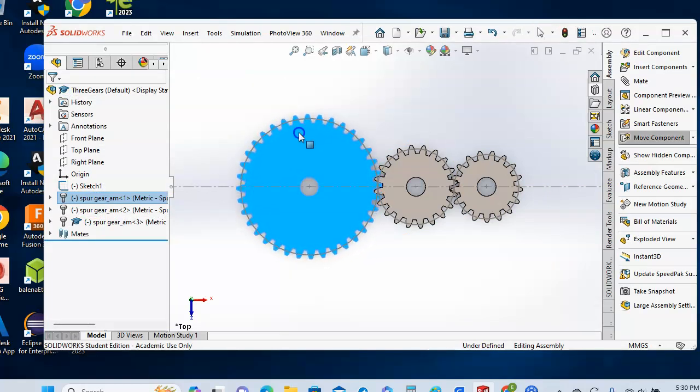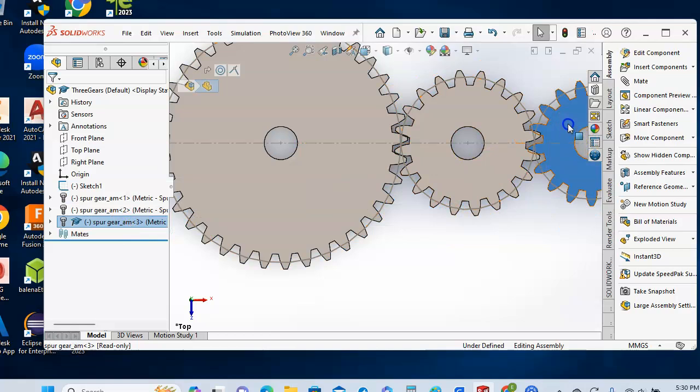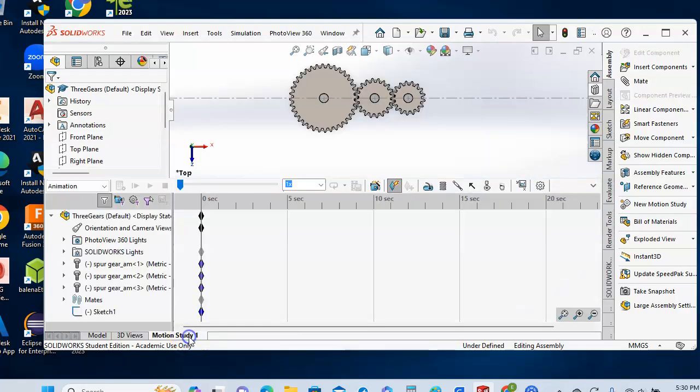it's not a very intelligent rotation, and the gears don't seem to really know about each other. And what we'll do is carefully try to position these gears so that they're meshing properly. So if we tried to start rotating them, they would mesh. Okay, so now we can arrow out, and what we will do next is go to Motion Study, click on